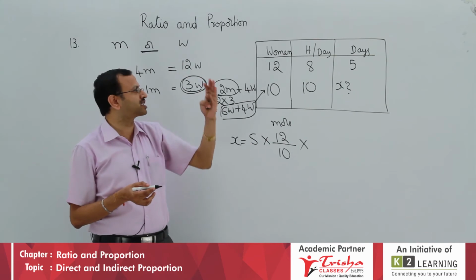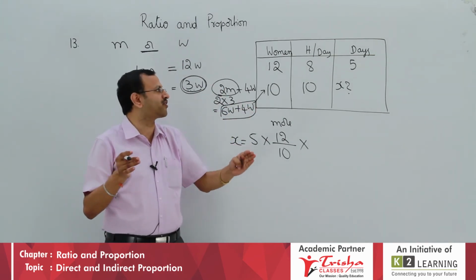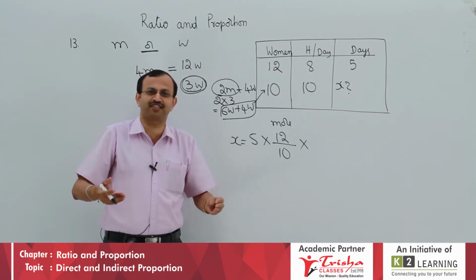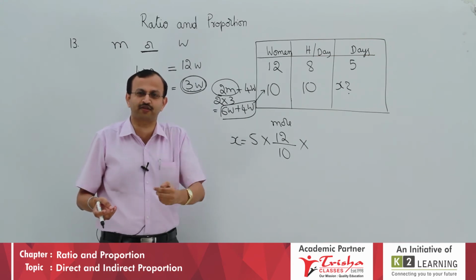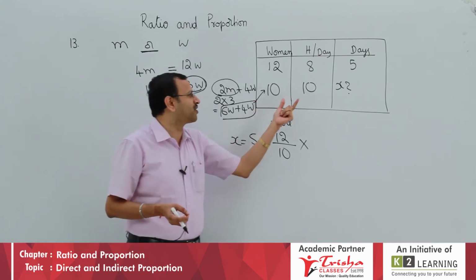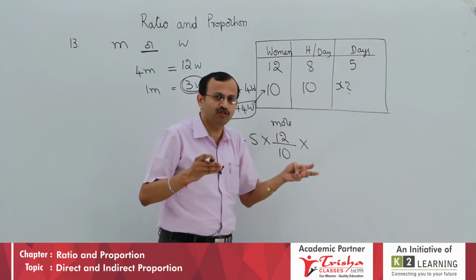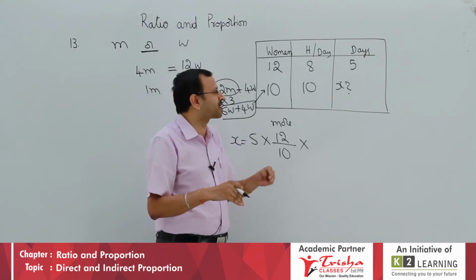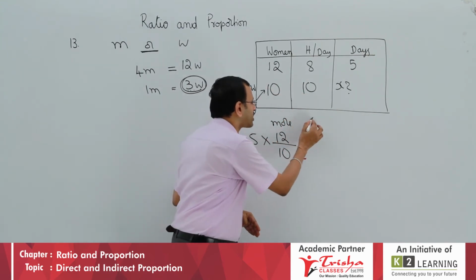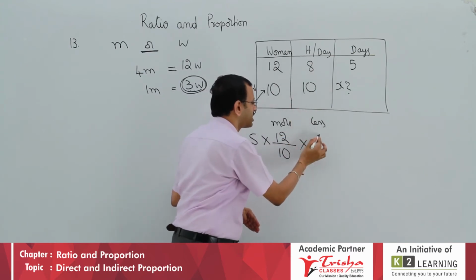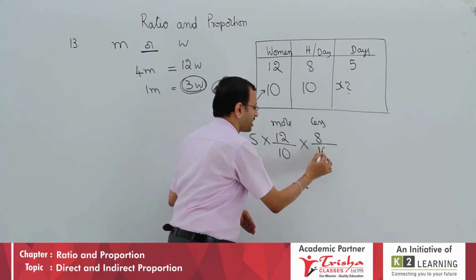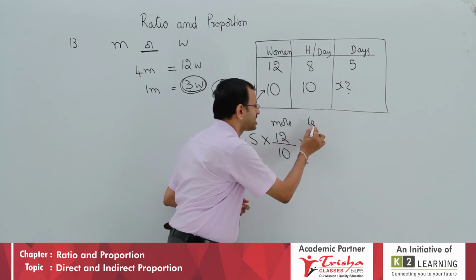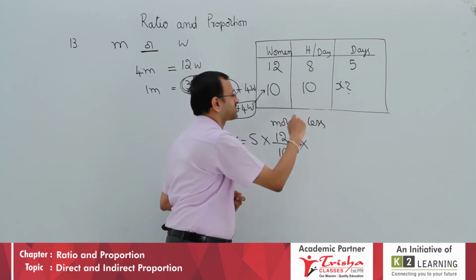If you prepare 8 hours per day, you can complete the commercial maths in 5 days. Now, suppose it became very interesting to you, you became excited to work more problems, instead of 8 hours per day, assume it is 10 hours per day. If it is more hours per day, you tell me, same portion you will complete in more days or less days. Definitely your answer will be less, because daily preparation is more. So, you take less days. Now, which is less in this? 8 is less upon 10. So you should write: less, more hours per day, less days required.